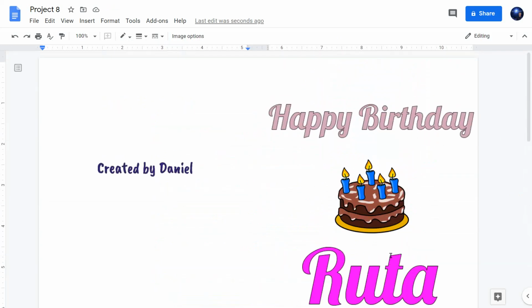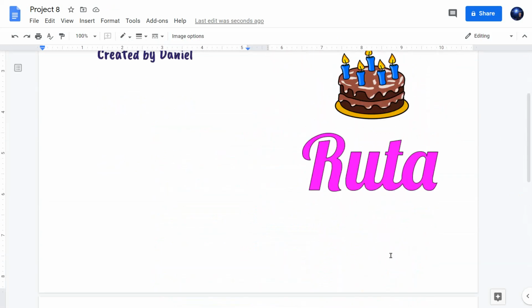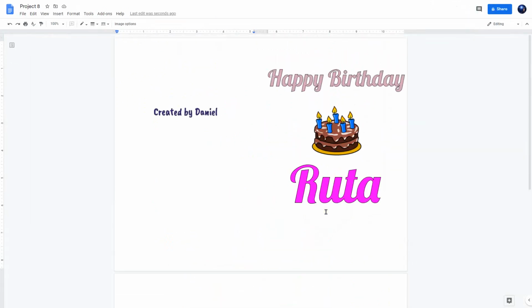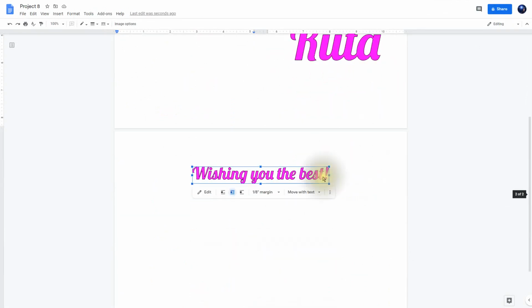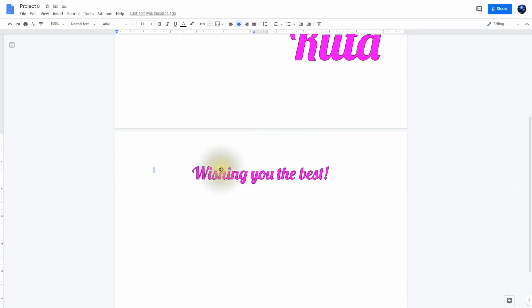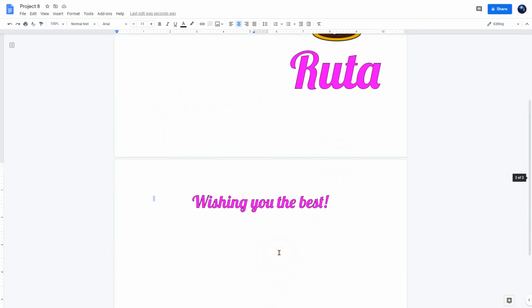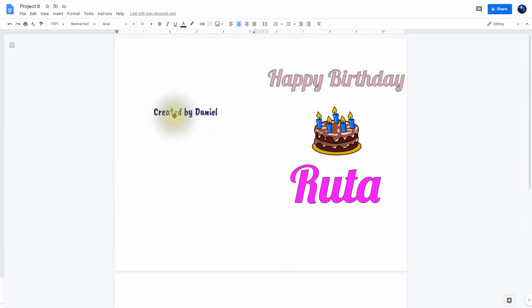And I will zoom out a little bit here. So this is the back cover, this is the front cover, and this is the inside cover. So when you print it out, you'll see how it will look. And if you wanted to customize this, you would add other images, perhaps, and other words to the front.